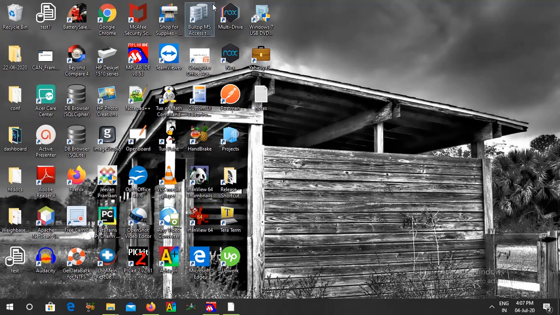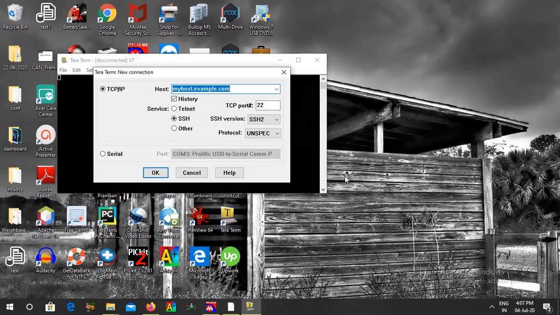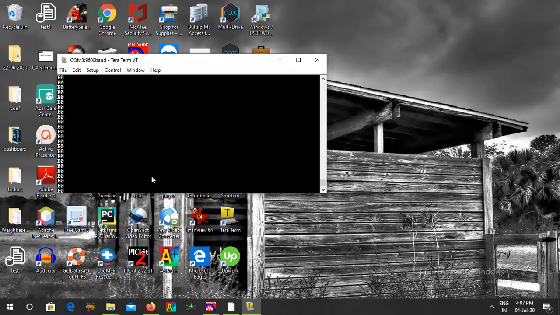I connected that as well. So now to see the output, we have used Tera Term. My current COM port is COM3. So I select OK. So now I am getting E0.